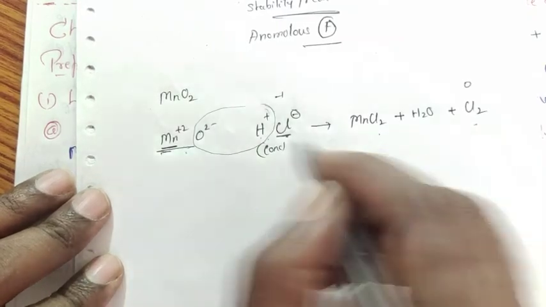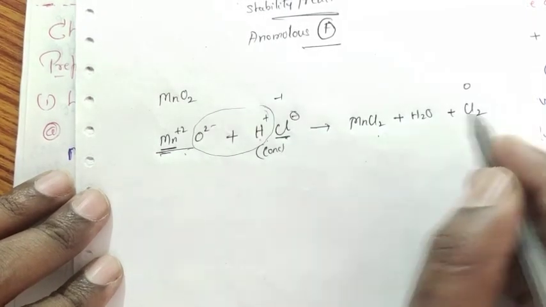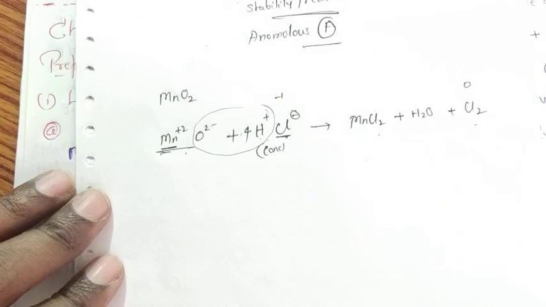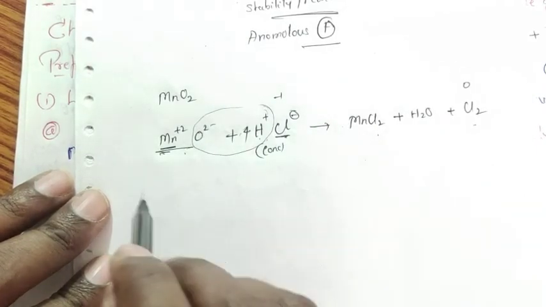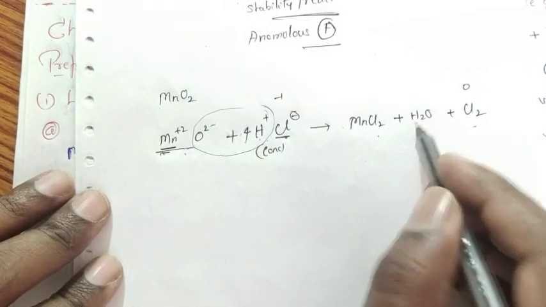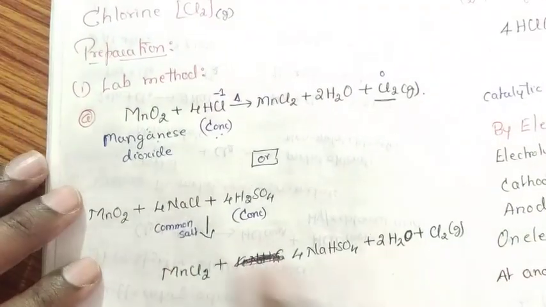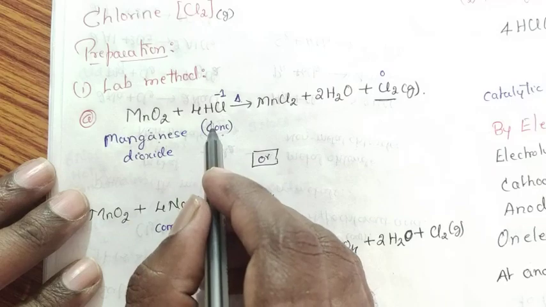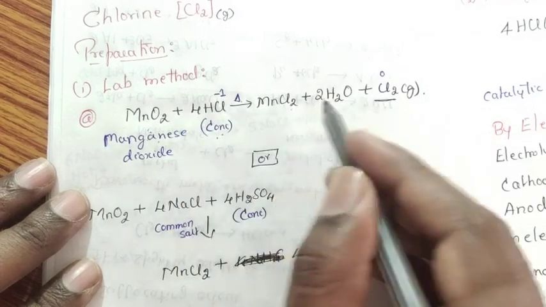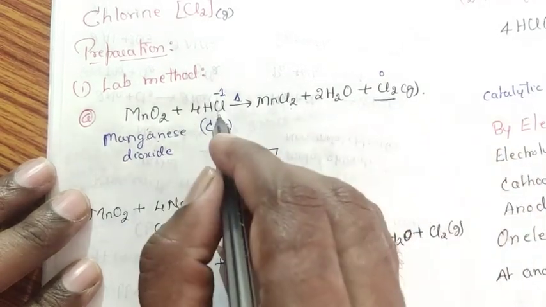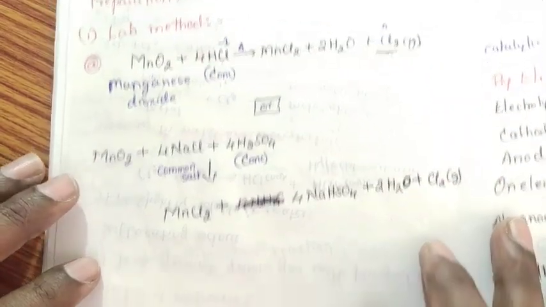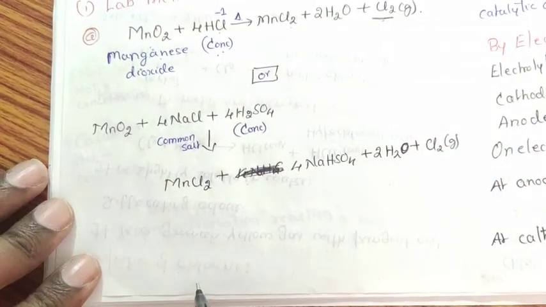So now we need to balance this equation. 2 plus 2, 4, therefore we get 4 HCl. Manganese 1, manganese chloride, water H2O, 2 H2, therefore oxygen, and we get it completely balanced. We can observe here. So when manganese dioxide is heated with concentrated HCl, we get manganese chloride with the liberation of chlorine gas. Here HCl undergoes oxidation to form chlorine gas. Or one more method we can do.